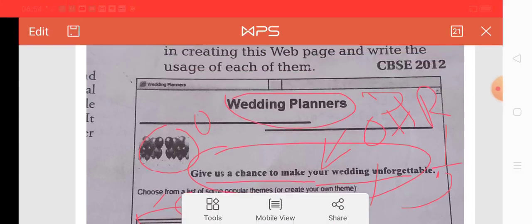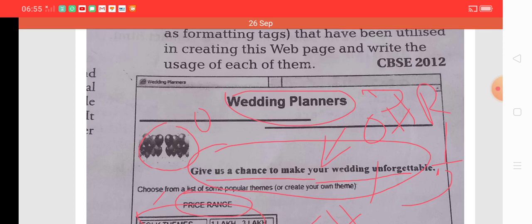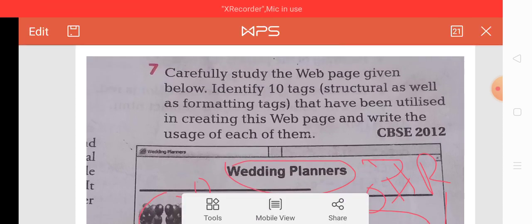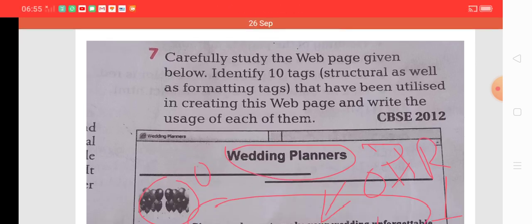Now our next question. Now I think it is clear to all of you, and you are all capable to answer such type of questions. And this type of question is asked so many times in examination, almost every year. One question of such type is asked in your final examination, and this question was asked in CBSE 2012.